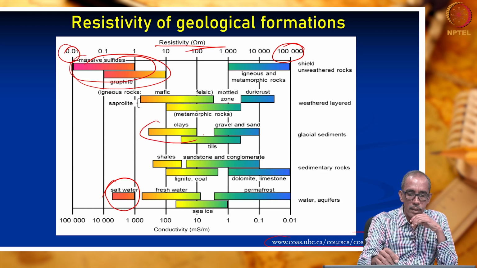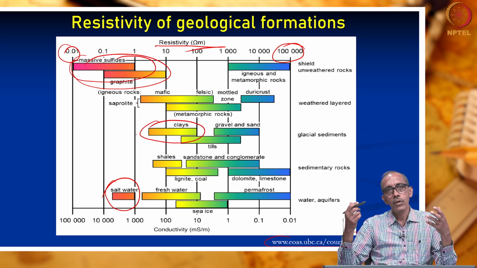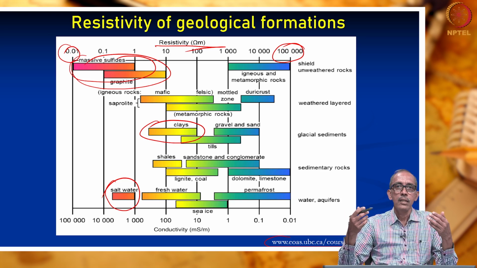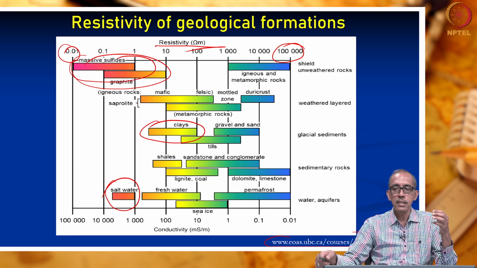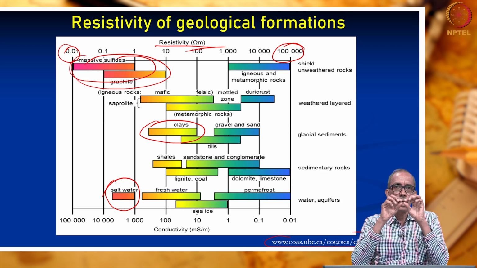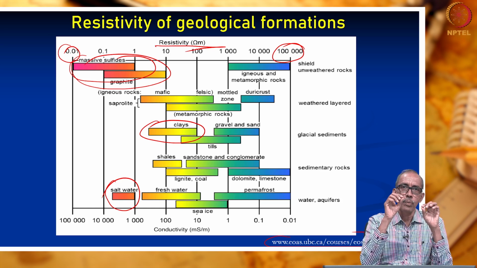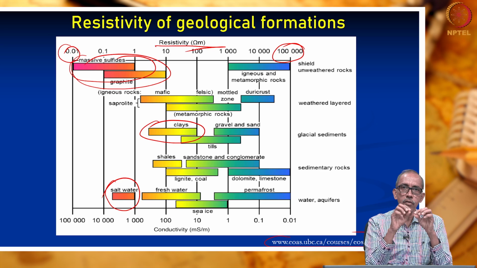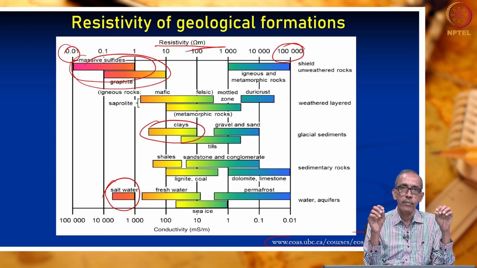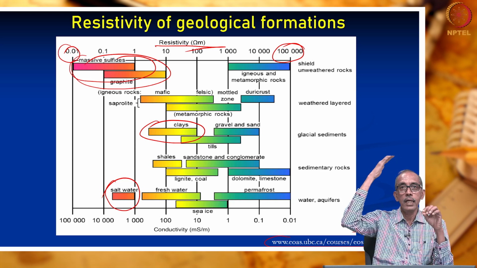Then clays. Why do clays have low resistivity? Because we had seen already that the porosity of clays is much higher, nearly 50%. Since the volume of an individual pore is so small, the water or moisture which got entrapped in it is unable to escape easily, unless you have some heat energy.